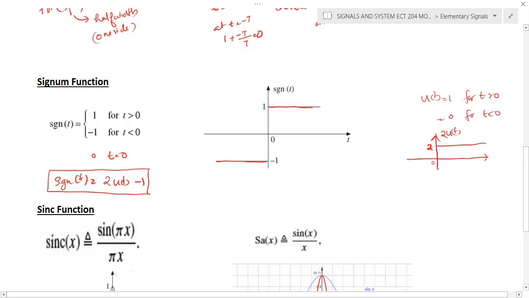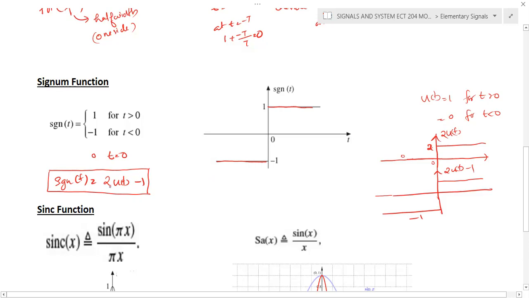And if you subtract 1 from 2 u of t, so you'll write 2 u of t minus 1, means we need to subtract 1 from the first signal. So here you can see the function magnitude is 0. Okay, so 0 minus 1, so you'll get minus 1. Okay, so for negative values you will get minus 1, and here the magnitude is 2, so 2 minus 1, it becomes 1. So this is the function u of t minus 1.